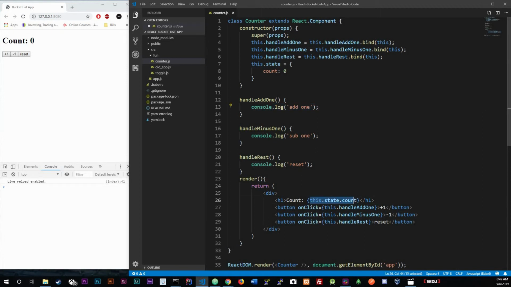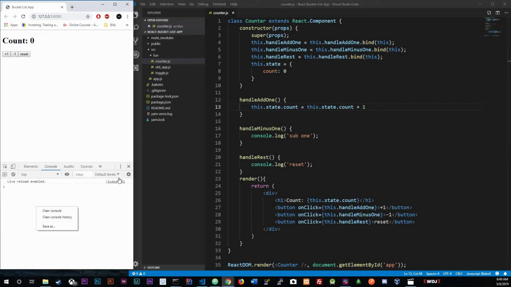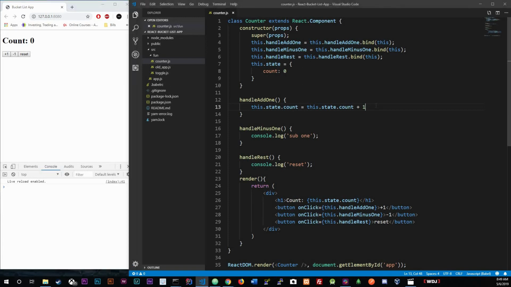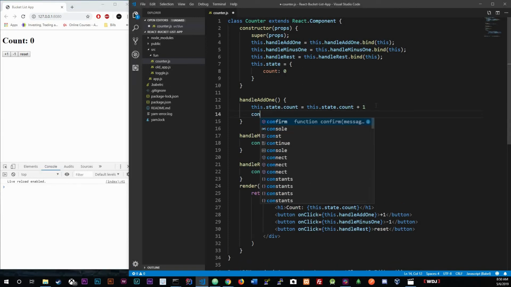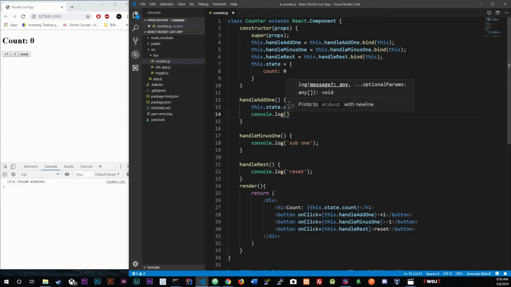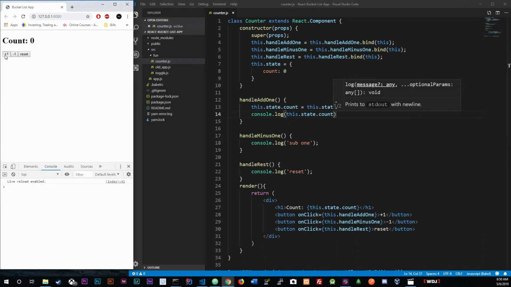So I'm gonna just grab this right here, and you're probably thinking, well, if you did that, then you could just do this, set that equal to this plus 1, right? Well, that is true somewhat, because if we actually look, let me console log this.state.count. You see that we are getting the values up down there,